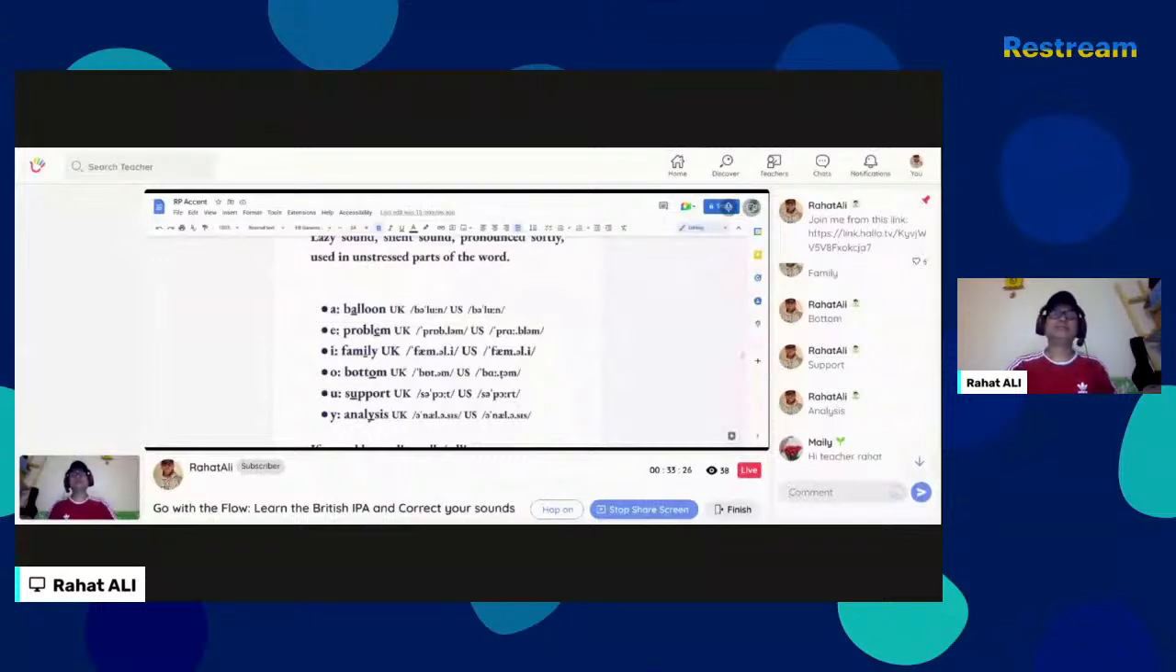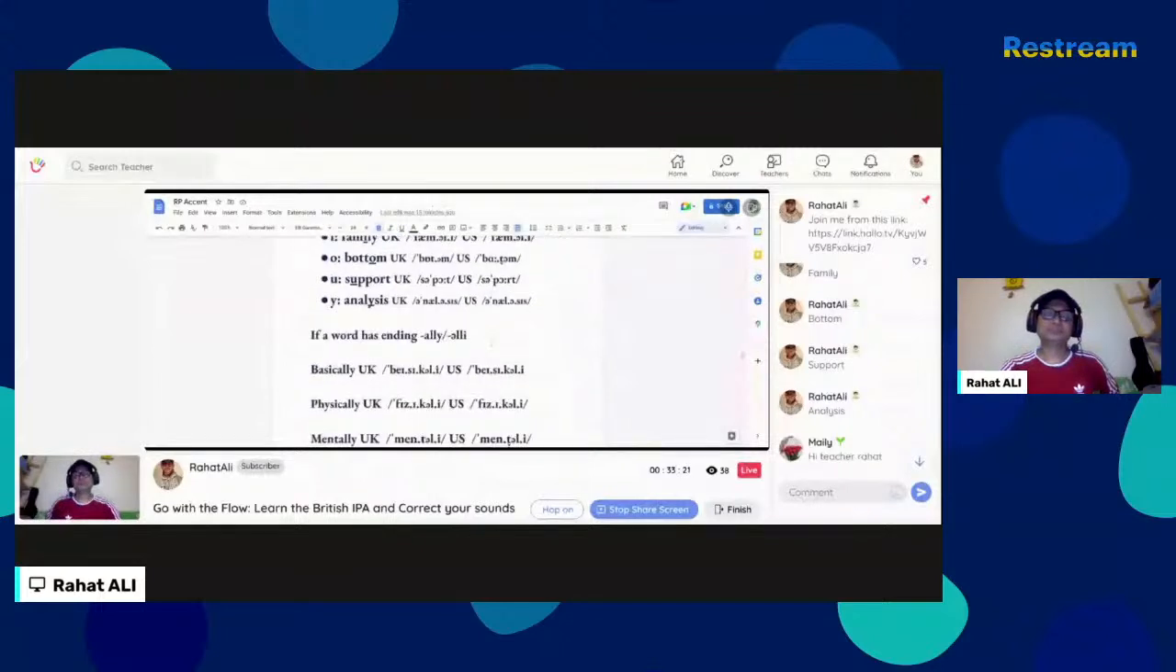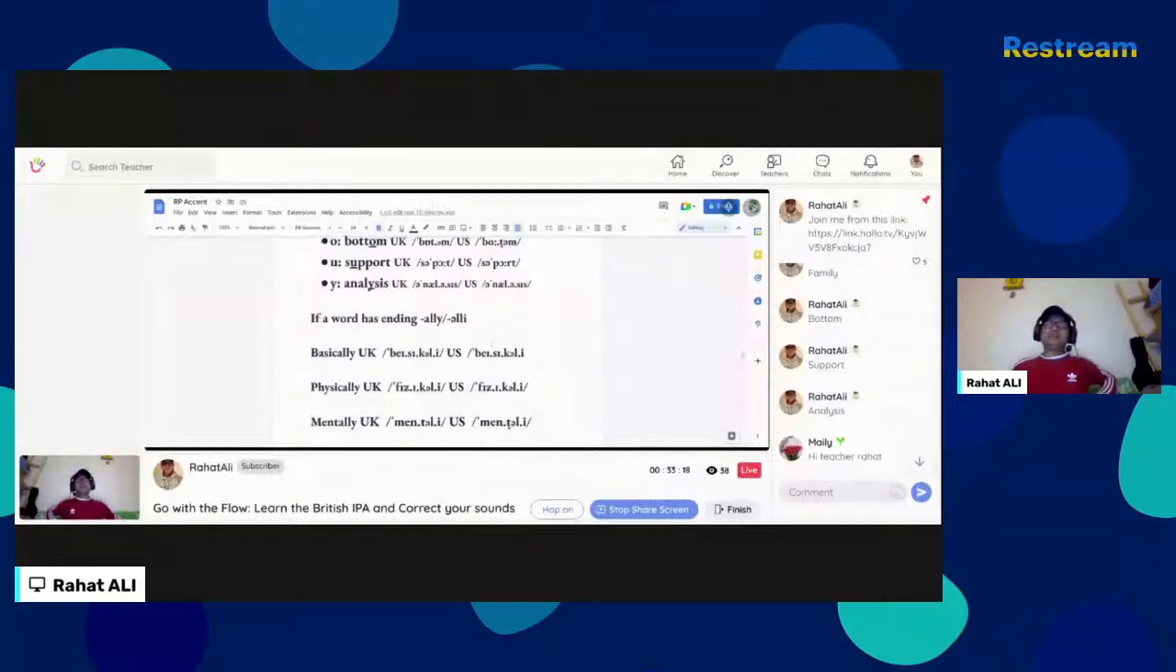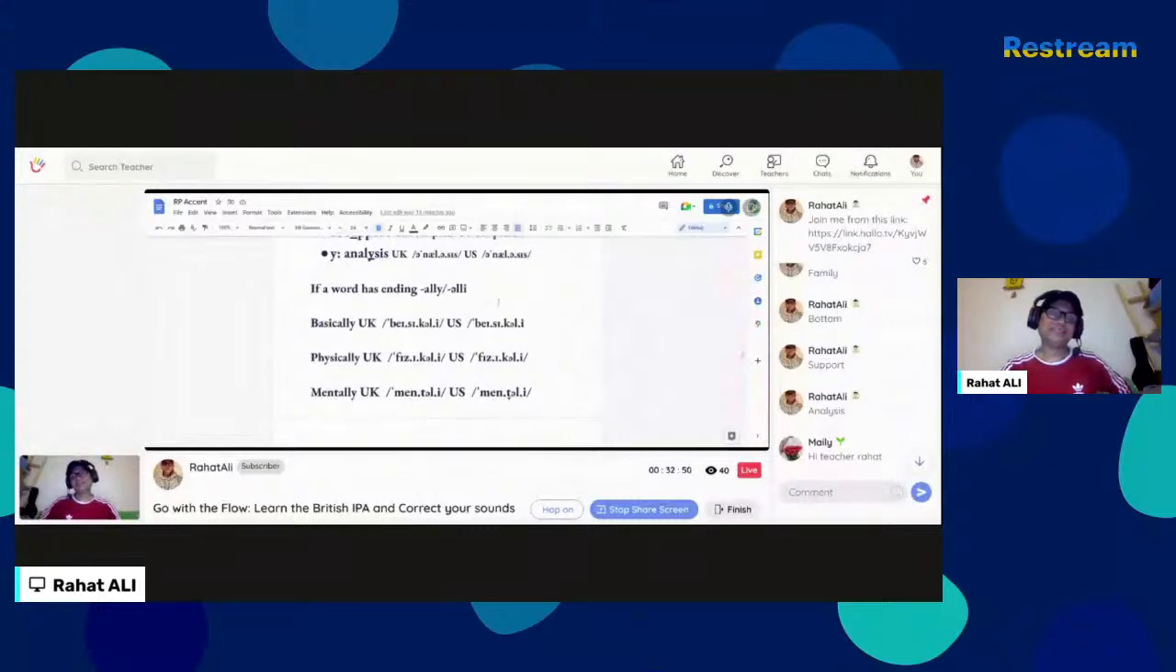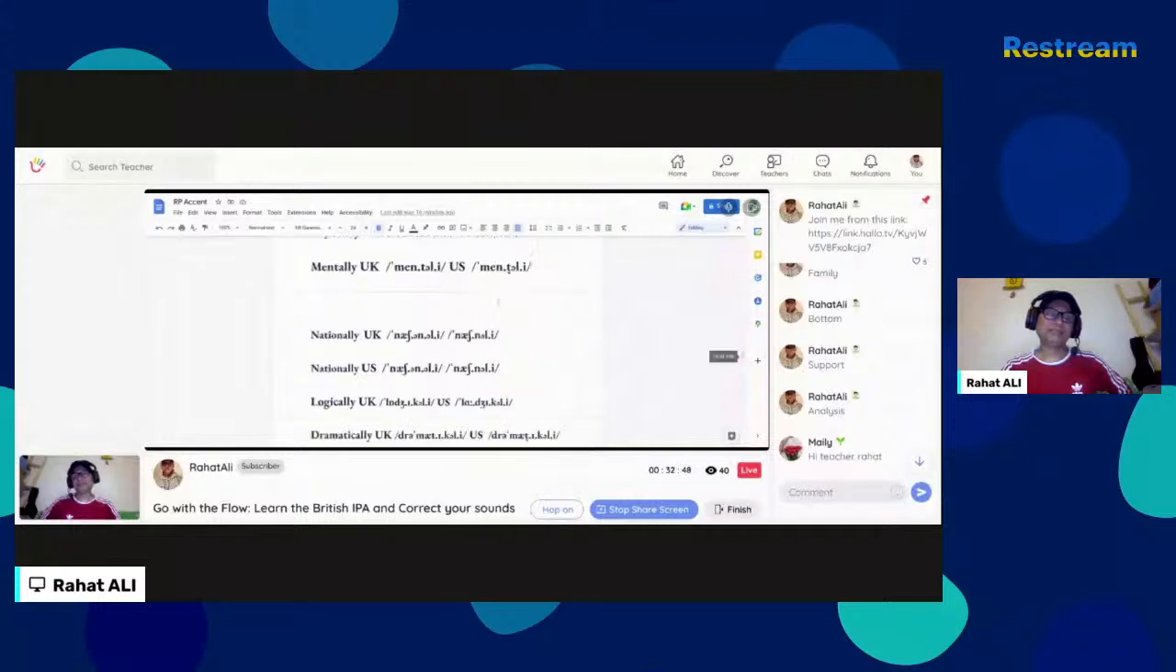Okay, so the next word is basically. Now, this is the amazing part. If a word has ending A-L-L-Y, the A becomes Schwa sound. So it's like, for example, basically. It is not basically. Stop saying basically from today. Basically. Likewise, physically, mentally,